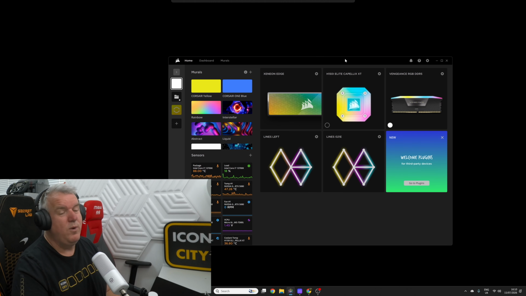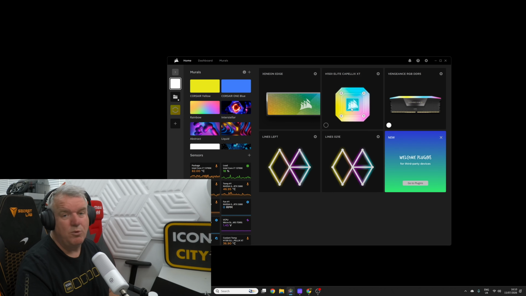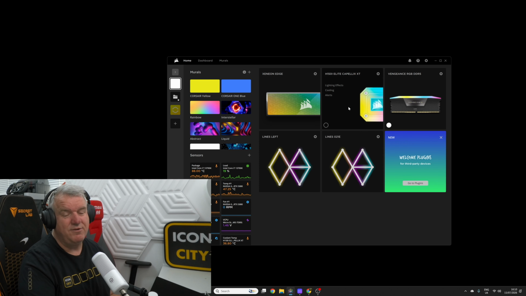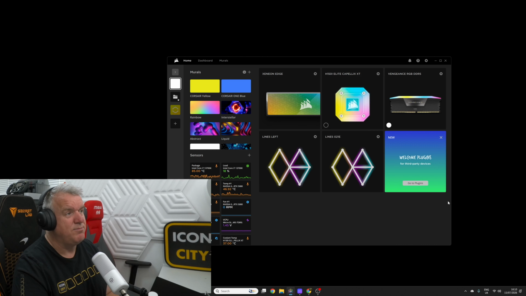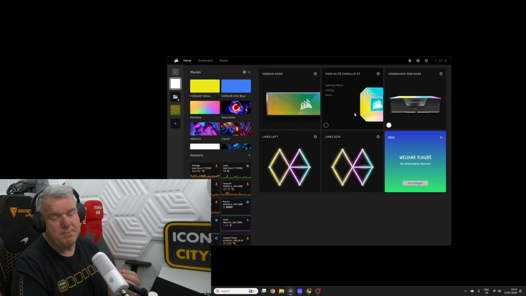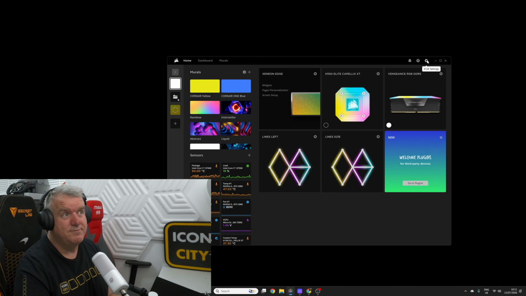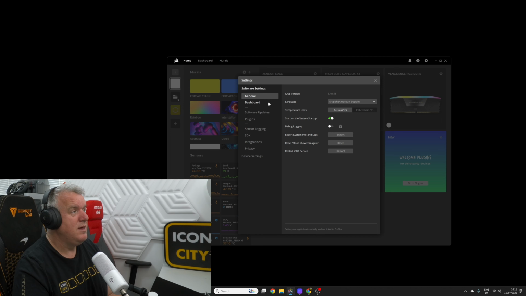So all we're going to do is check whether the software is up to date. Now you'll notice that your iQ software might look completely different to what I've got here. You can see this is picking up my nano lights, my RAM, my cooler. But here's the important bit, the Xeneon EDGE bit. But what we can do is go up here to this cog here, give that a click. You'll see the word general and see iQ version is